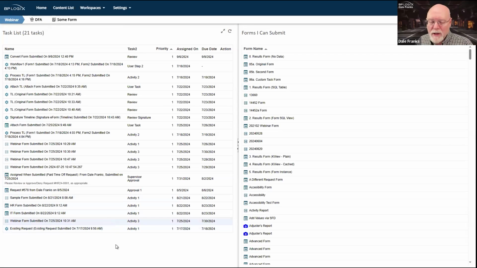Now, from this point on, every new user in the system, when their account gets created, will automatically be added to this workspace. That's great. We're happy that that's happening. I don't now have to go in and continually manage this workspace because I know that every user now is going to have access to their task list.